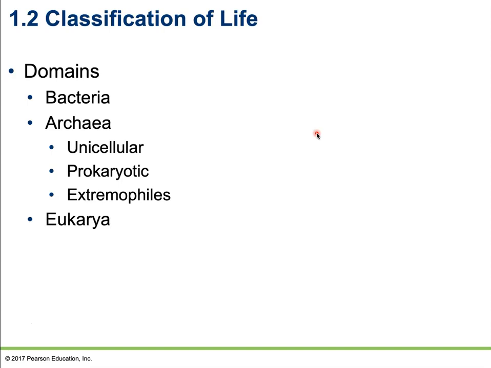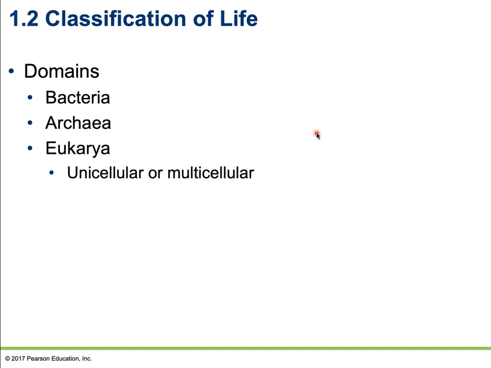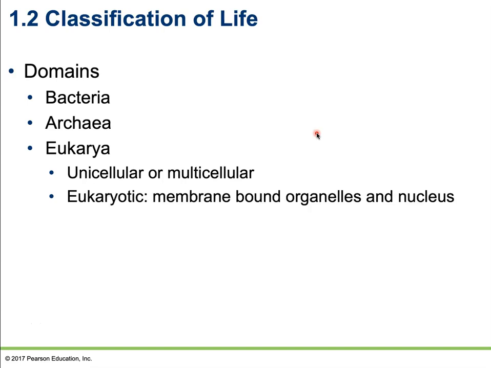All right, and then our last domain is going to be domain Eukarya. Eukarya is interesting. They're going to be slightly different. These organisms can be either unicellular or multicellular. Quick, throw out a reference. Throwaway question: what's the difference again between unicellular and multicellular, and what kinds of organisms are humans? Are we unicellular or multicellular? But Eukarya can be either unicellular or multicellular organisms.